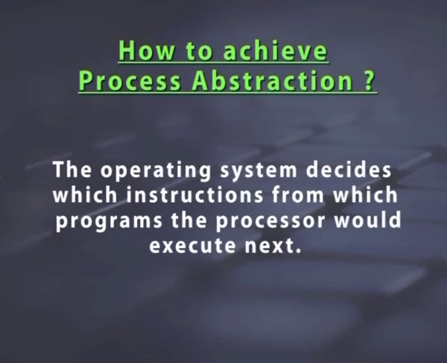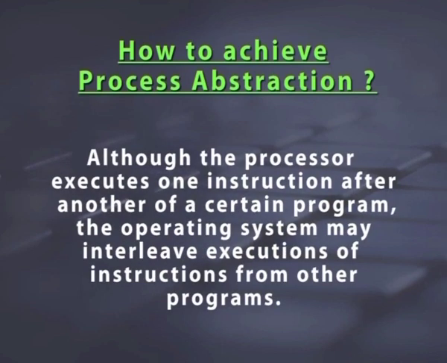The operating system decides which instructions from which programs the processor would execute next. Although the processor executes one instruction after another of a certain program, the operating system may interleave executions of instructions